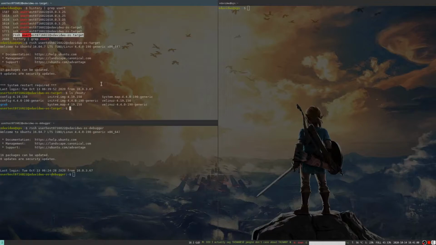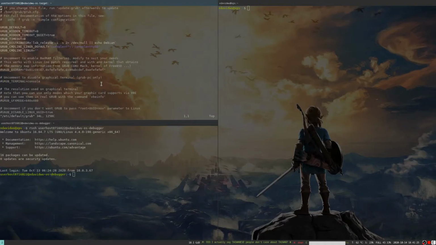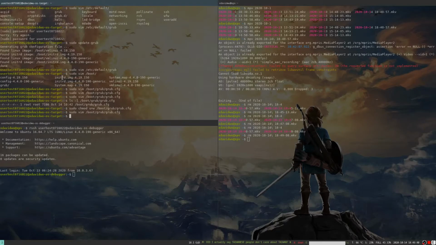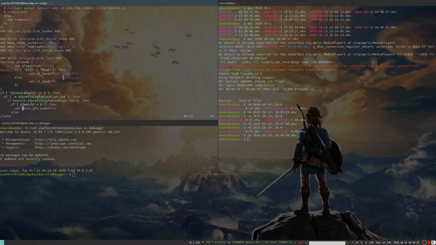Okay, so now I'm going to modify my bootloader config to make sure that the prompt selecting which kernel to boot will be shown. Let's disable the menu hiding feature and apply it. Okay, now I'm going to modify the generated bootloader config